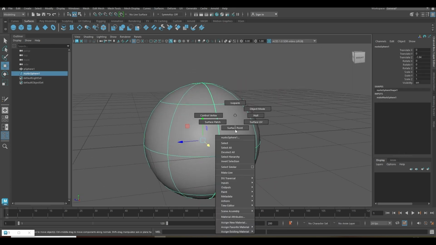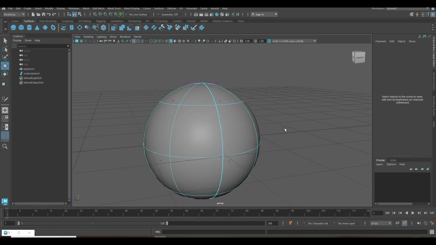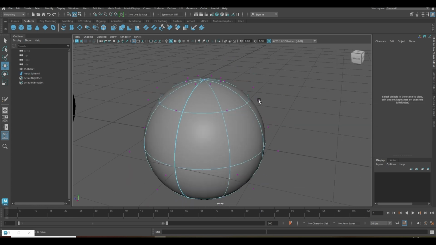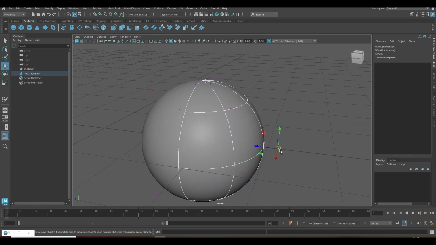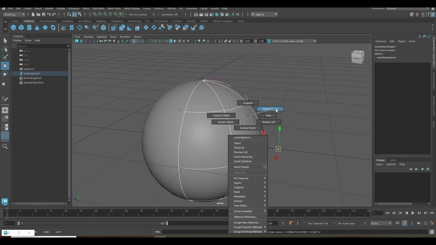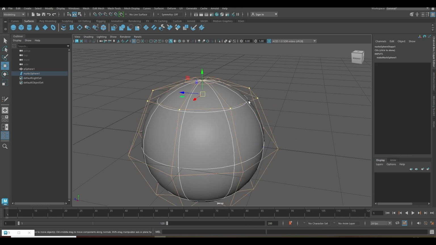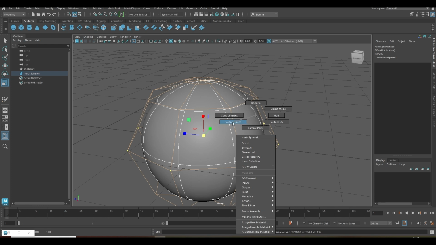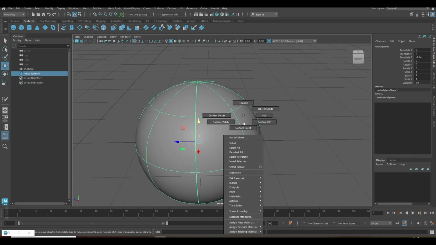For NURBS, right-clicking provides an option for vertex control. Selecting this vertex allows us to adjust the shape of the NURBS primitives. Additionally, we can move to hull mode, which lets us select and manipulate groups of points, enabling more flexible shaping through movement and scaling. In most cases, we use